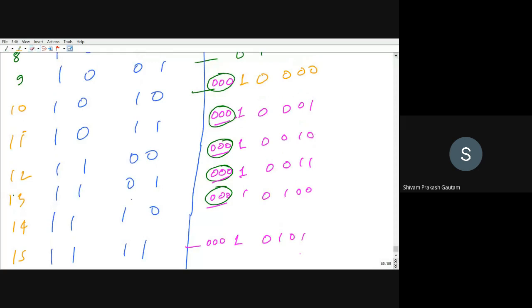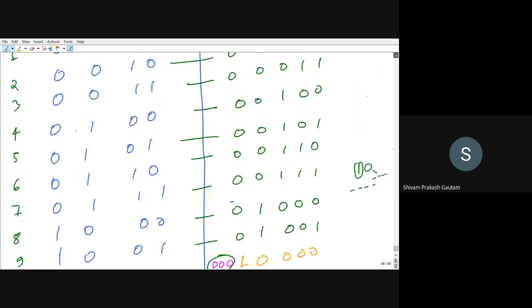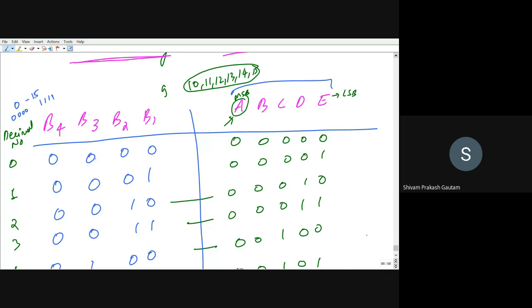Okay. Now you have made the truth table. Now the things are very clear. So now what we can do? Now we will make a K-map for this possible combination for all these 5 places. We will make a K-map for A, then B, then C, then D, then E, and we will find the corresponding logic or expression in terms of B4, B3, B2, and B1, right? So first we will make it for A.